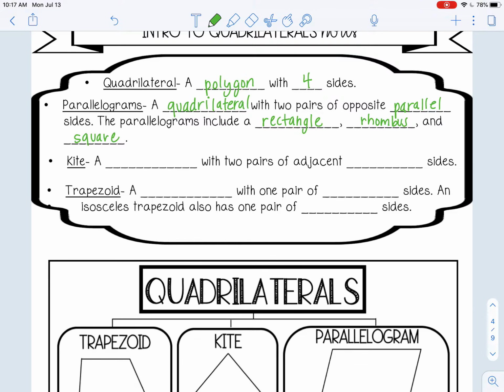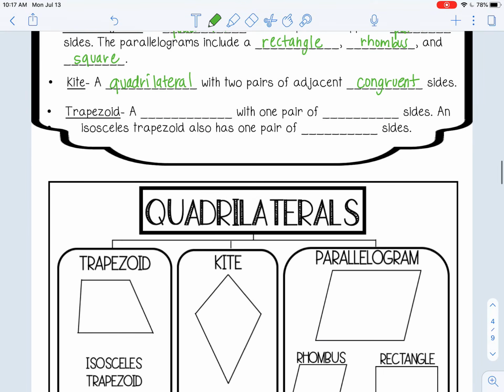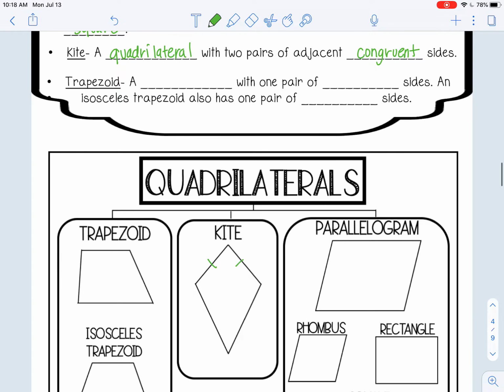Another type of quadrilateral is a kite, and a kite is a quadrilateral with 2 pairs of adjacent congruent sides. And if you look at the picture below, you can see that. Remember, adjacent just means next to, so the top 2 sides are congruent and then the bottom 2 sides are